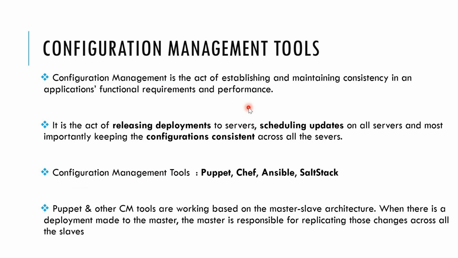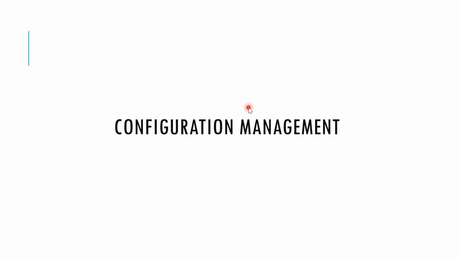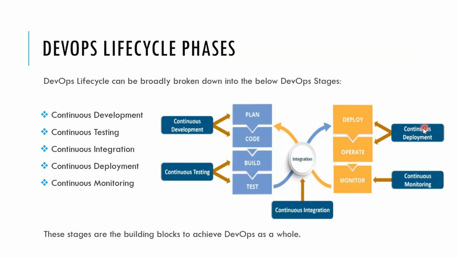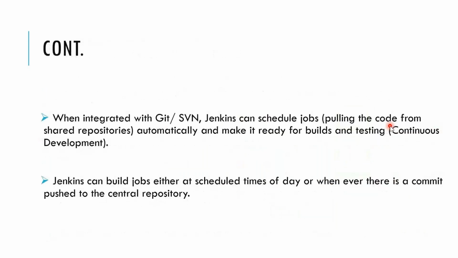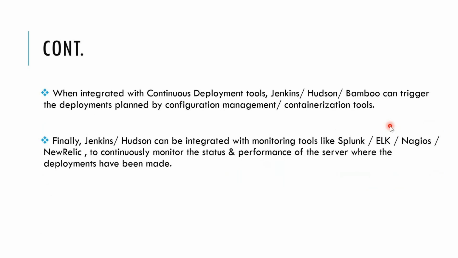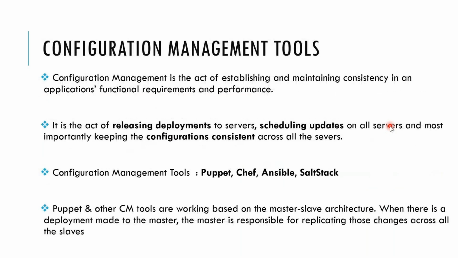Configuration management is a subset of continuous deployment. So in the DevOps cycle, we have discussed this one, right? Continuous deployment is part of deployment, but the main deployment is done by Terraform, the software, and the OS deployment. Configuration management is the act of establishing and maintaining consistency in the application's functional requirements and